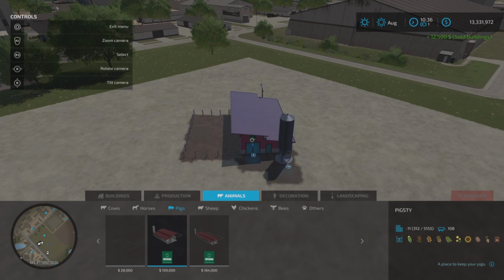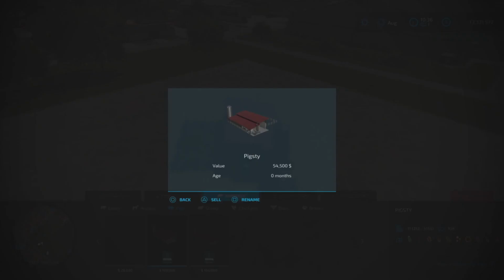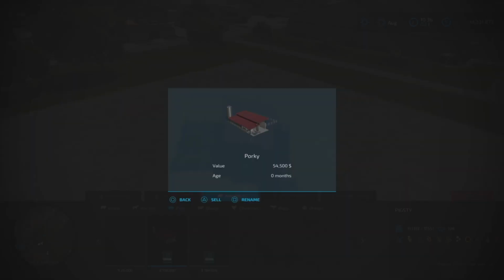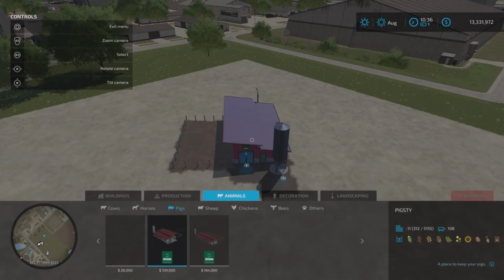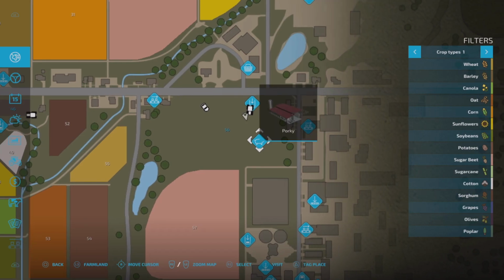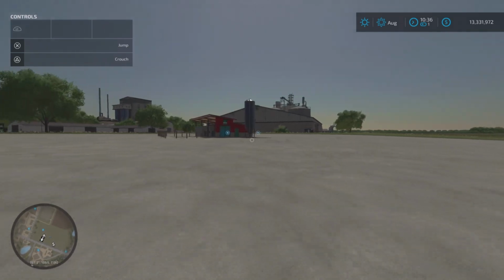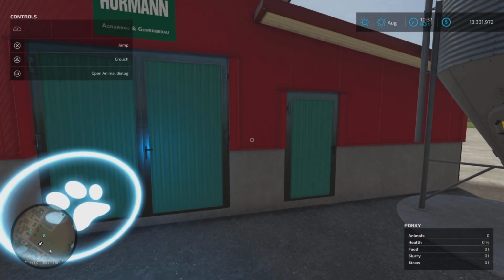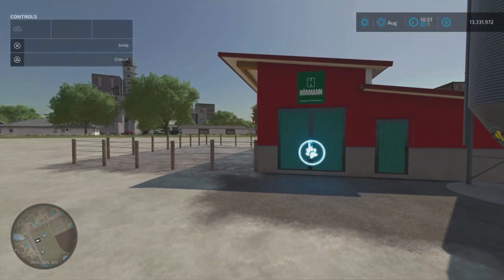What is interesting is some of your buildings, you can hover over them like this, do select again, and they will come up with the rename option. So if I press square, we can get rid of pigsty and we can call it whatever we want. So let's just say, let's call it Porky Pig, and that comes up as Porky. If we quit out of that and go over where we are, that's our pigsty. If we click on that, there you go, it says Porky. And if you've got your field info on,